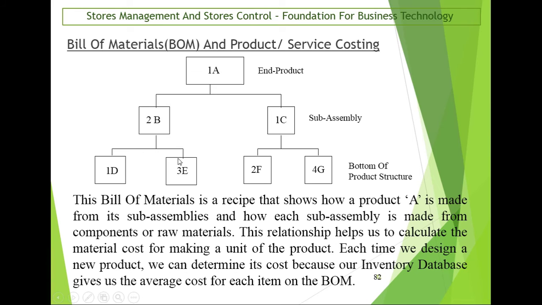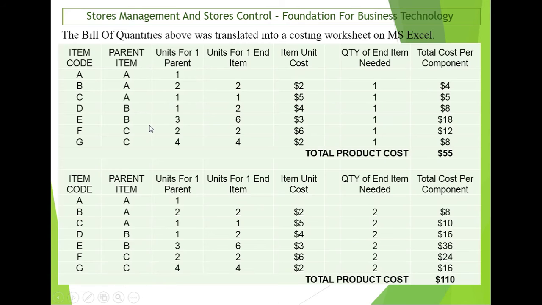So the column that says quantity for parent, we are talking of this parent B, so we need 3 for the parent B, but for the end product we need 6 because we have to multiply by this 2. So for E, we need 3 for the parent B, but we need 6 for the end product A. So the same thing also applies for F and G. So this is how the bill of quantities helps us to determine the total quantity of each item that is